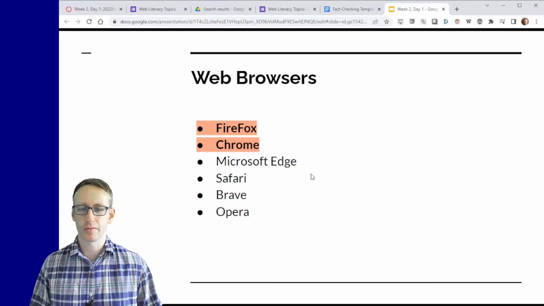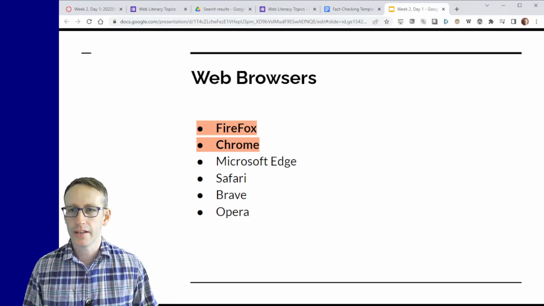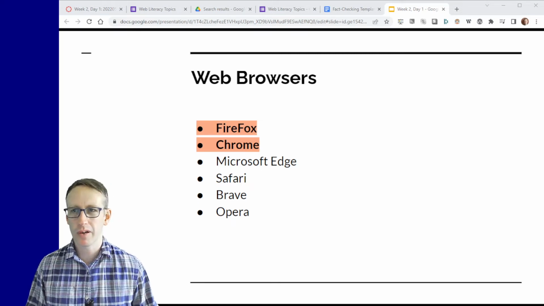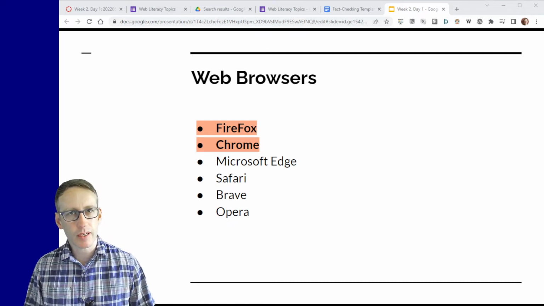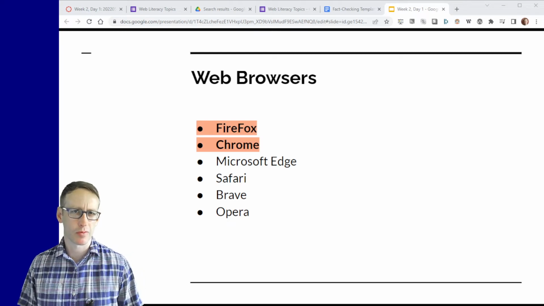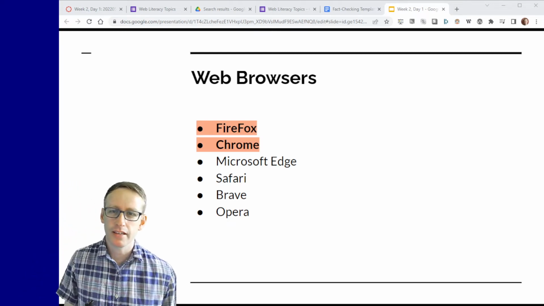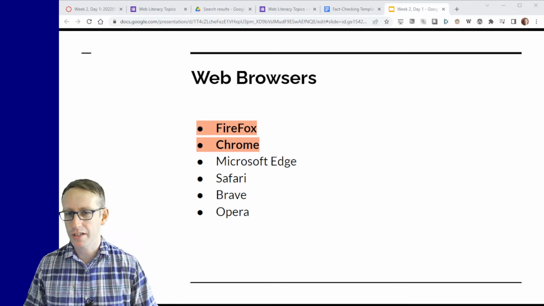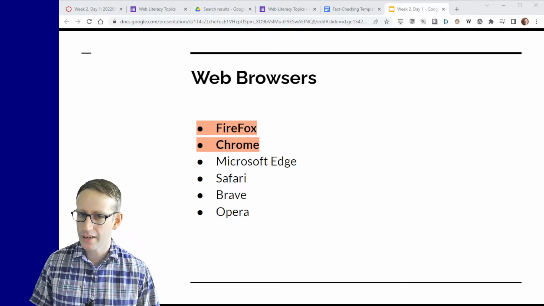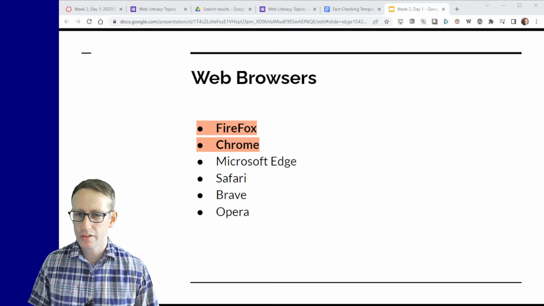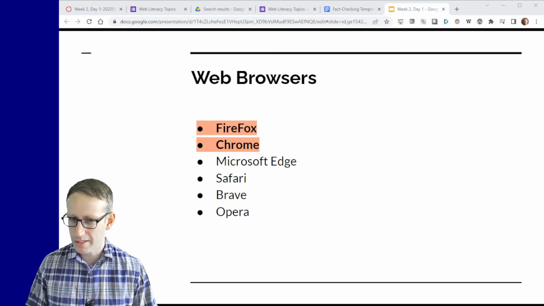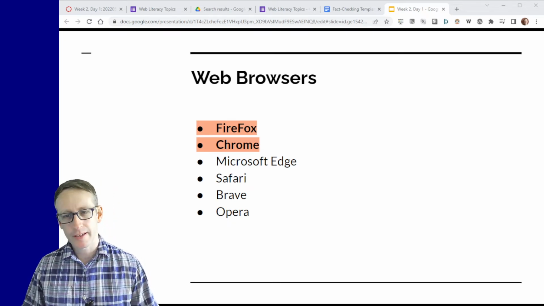So that's where I'm kind of going from with this. You will also find that web browsers, in addition to giving you ways to access and browse the web, also give you ways to debug the web or reverse engineer websites, which is something that will be important in 2 weeks when we get to that assignment. So I like the tools that Firefox and Chrome have in them for doing that kind of thing. I'm not sure if Edge has that. It probably does. Safari kind of does. Brave kind of does.